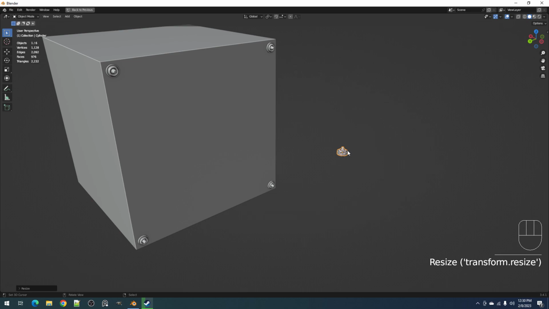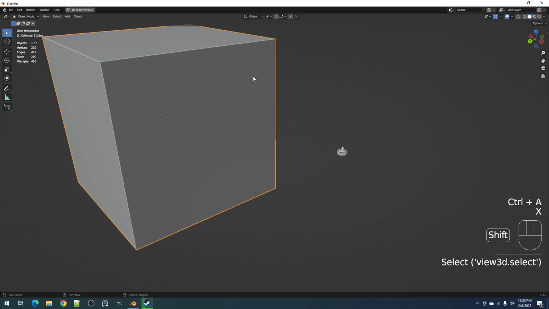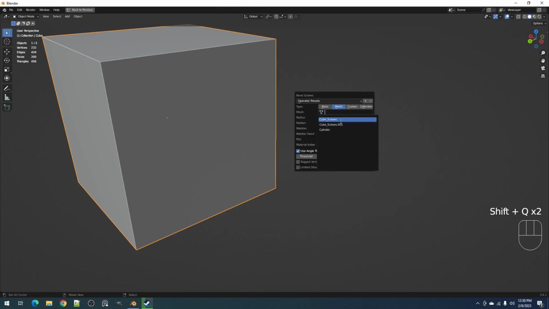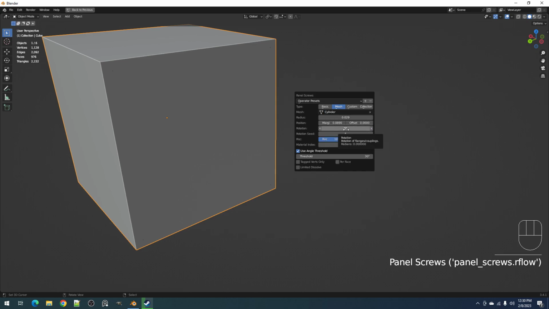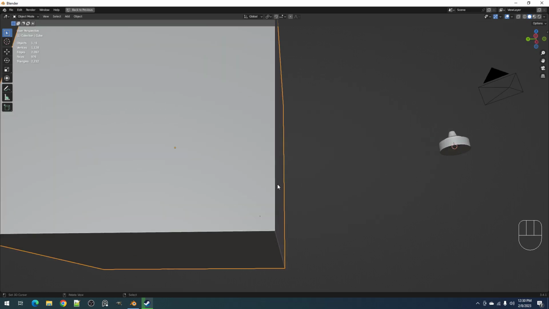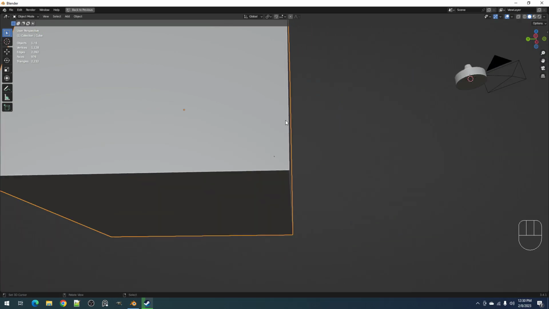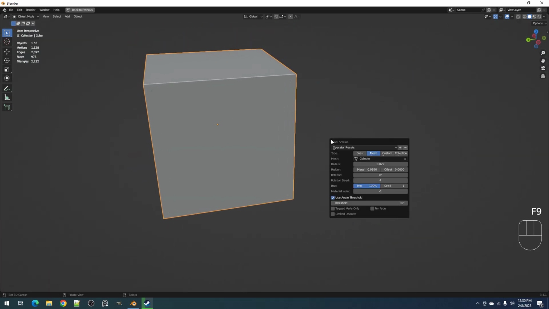If you select this mesh after then, so scale, and if we use the same mesh, oh, panel screws, cylinder, you can see that, oh my god, nothing, there's nothing. It's actually just pretty small. Look at that. So if no error occurred, that means it's there. So just increase the radius